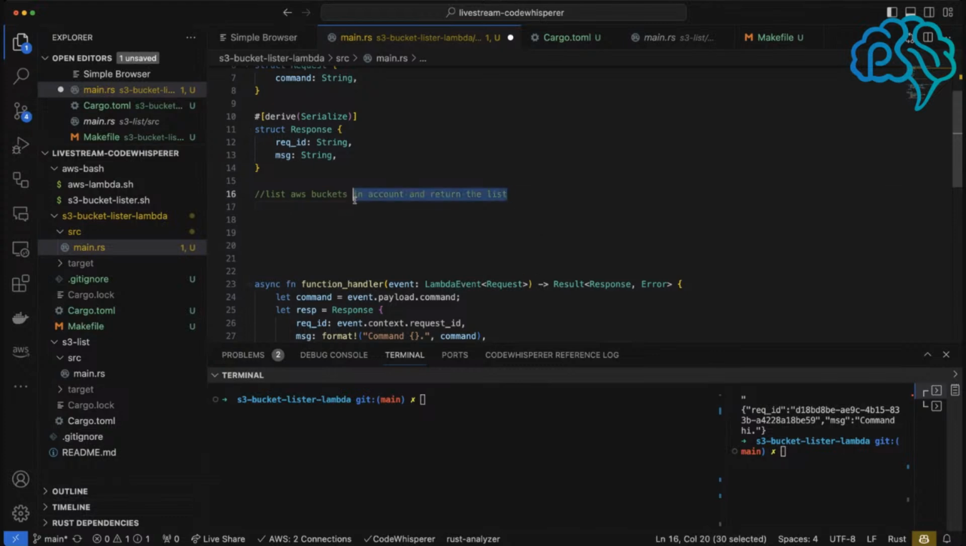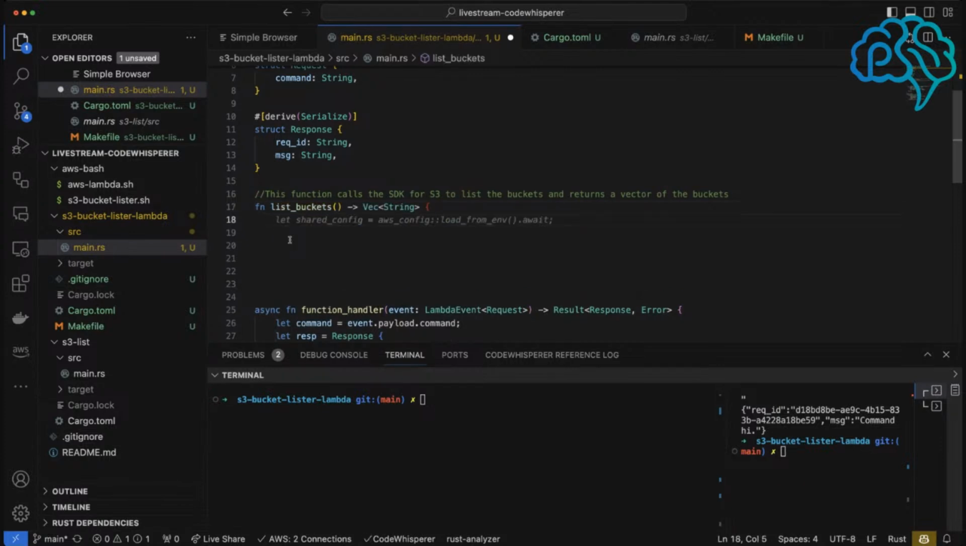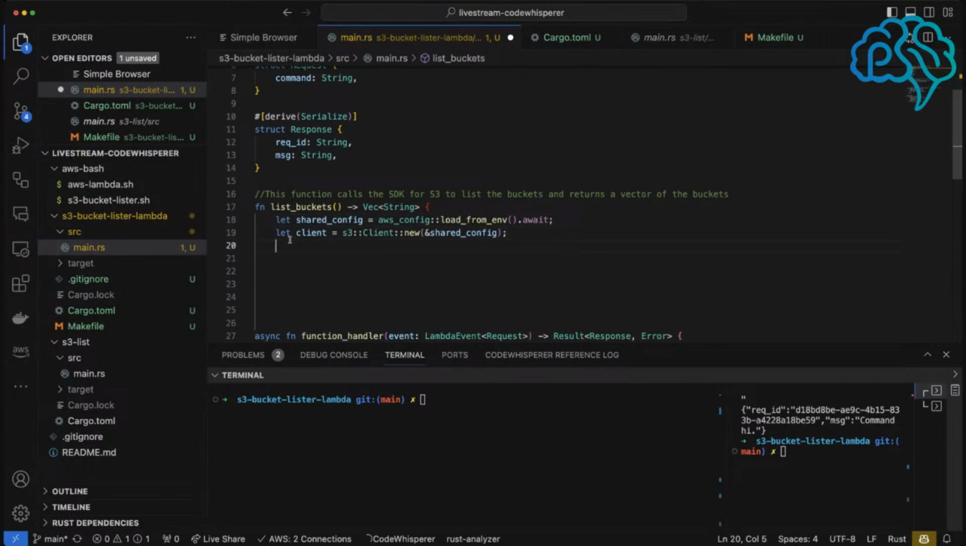Let's just say this function calls the SDK for S3 to list the buckets and returns a vector of buckets. Let's try that out. So if we say function list buckets, there we go, vector of strings is what we want. Let the shared config, let the client, let the response, and then we're going to make a new empty